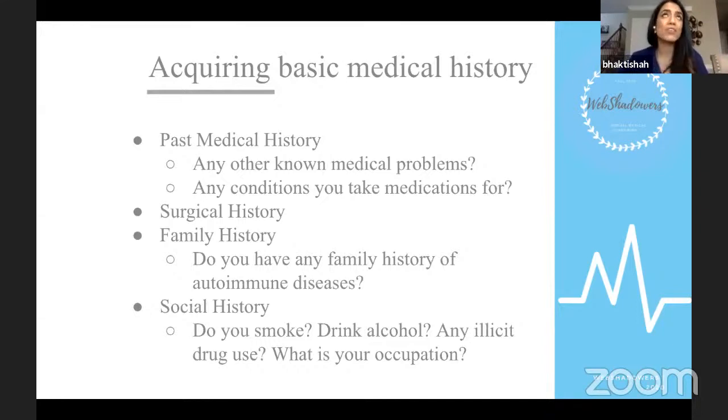Smoking is actually a big risk factor in the development of rheumatoid arthritis. It is a big factor in the development of psoriasis, along with exacerbation of underlying autoimmune diseases. Alcohol can be a contributor to development of a couple different autoimmune diseases, particularly gout. Any illicit drug use, so IV drug use, including heroin or anything along those lines, can also lead to inflammatory arthritis in terms of a reactive process.